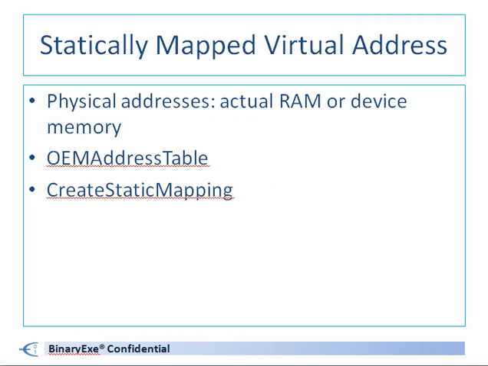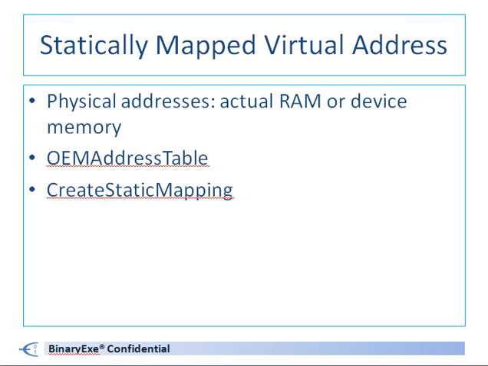Now, statically mapped virtual address space. As I already discussed, the actual RAM or device memory is accessed by the operating system. But when the MMU is enabled, the CPU cannot access it directly. Hence, this memory, actual RAM or device memory, has to be accessed by mapping with the statically mapped memory. Remember one thing, that we have 512 MB of RAM, I mean of cached and uncached. So total 1 GB, right? But you cannot use both